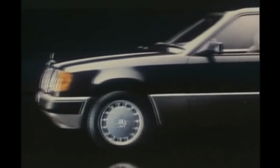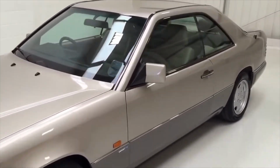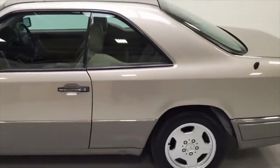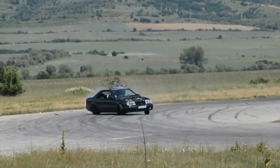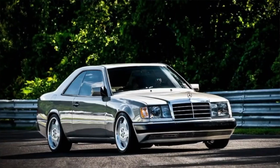Then, during the 1987 Geneva Motor Show, a luxury coupe C124 was presented, or it could rather be called a hardtop because it was missing B pillars. This 2-door solution stood out against other 4-door cars and even other coupes, and it looked more expensive and more attractive and unusual. The list of initial versions included 230CE and 300CE, and